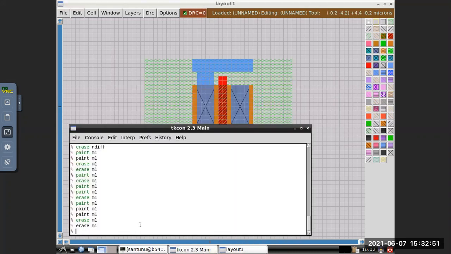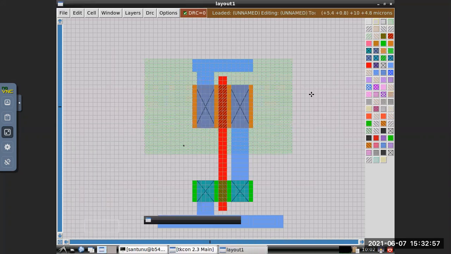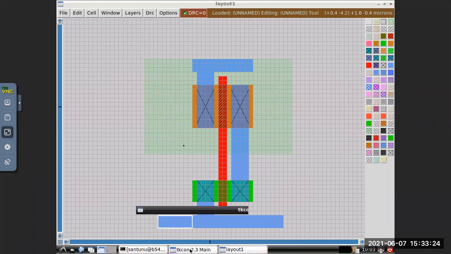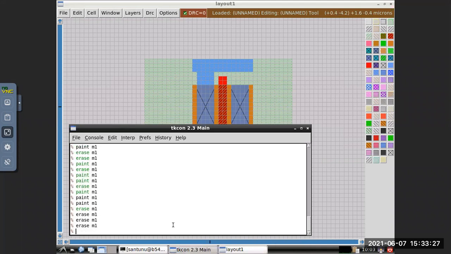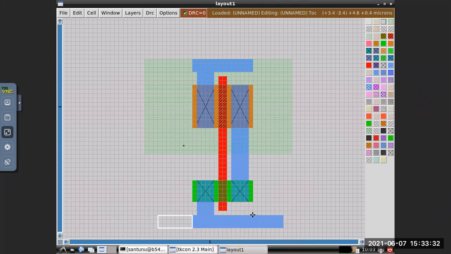Okay, so erase. What have I erased? Similarly, this side also you can erase.